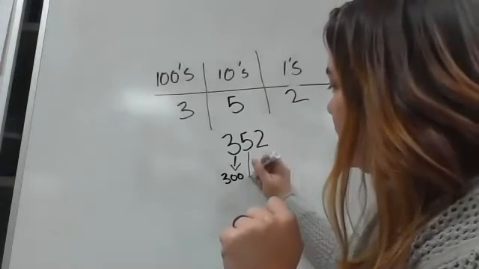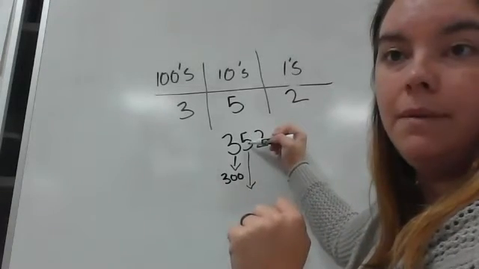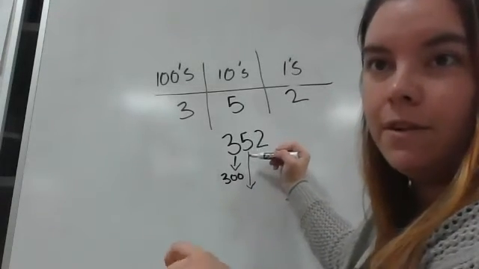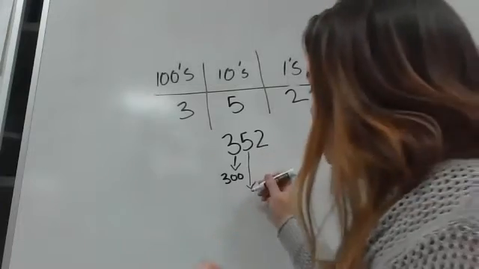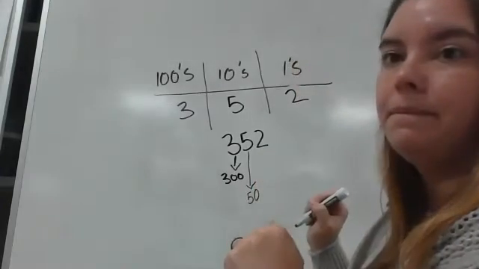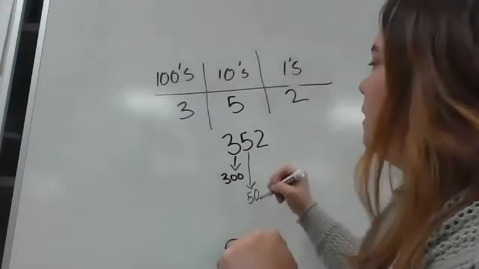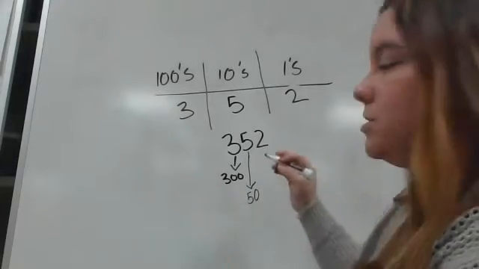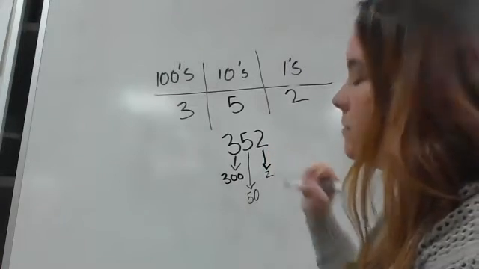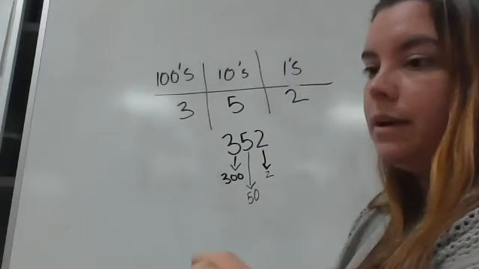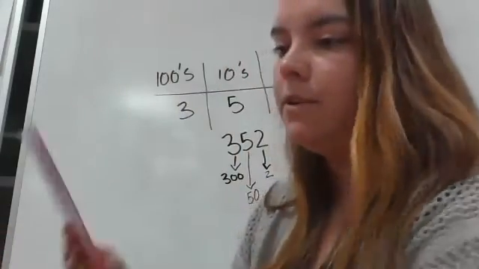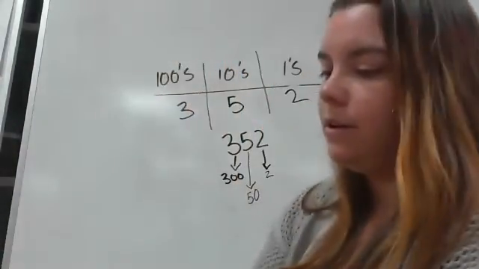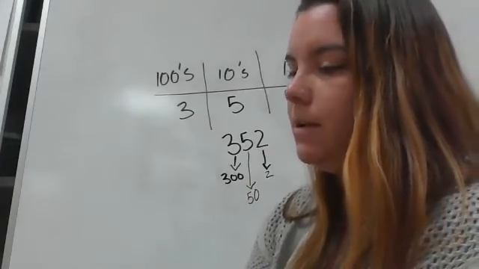And if we took the 5 down, because we know it's in the 10 spot, we know it's not just 5, it's 5 tens, which is 50. And if we took the 2, because it's in the 1 spot, we know that the 2 is just 2. It's 2 ones, which is 2. Okay. So if you looked at that number, 352, and you wanted to see what it would look like with the value shown,